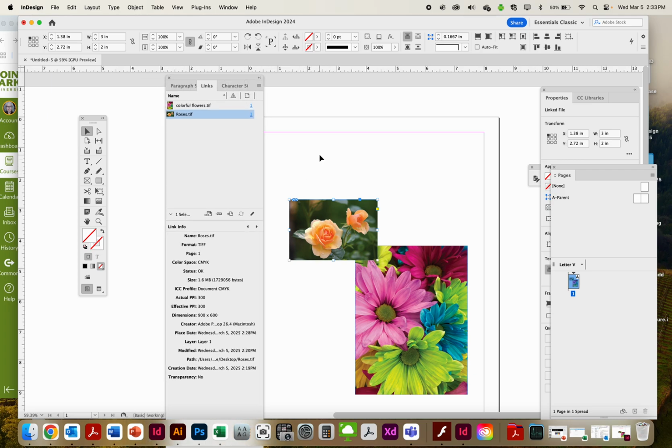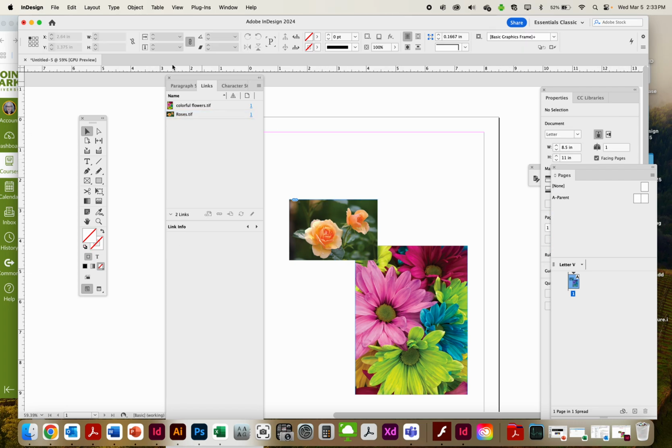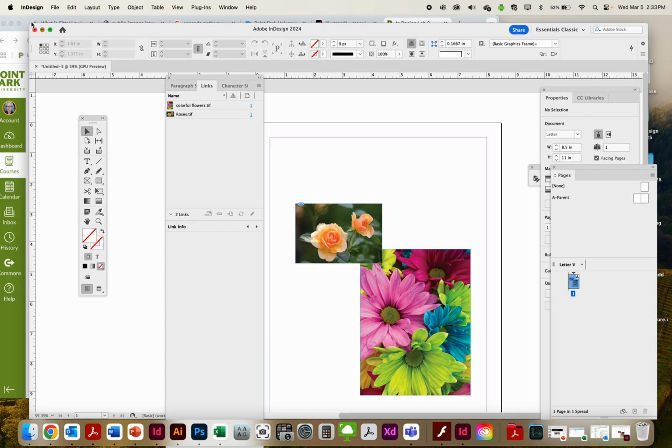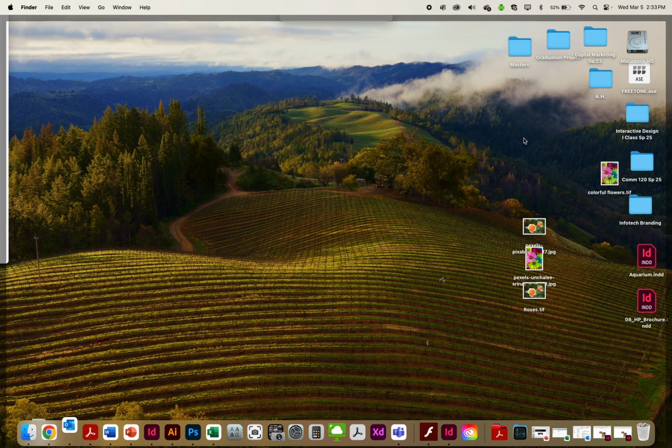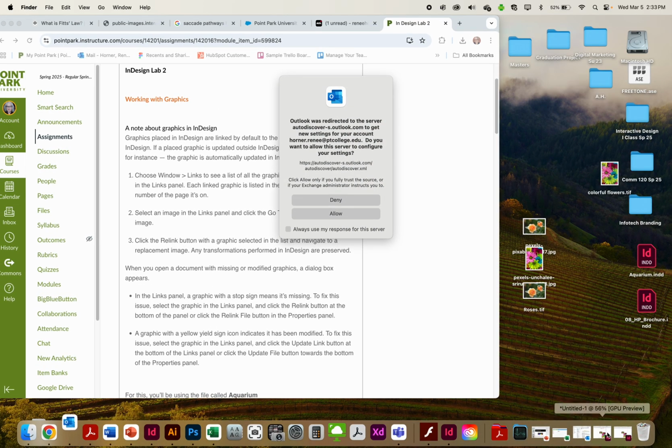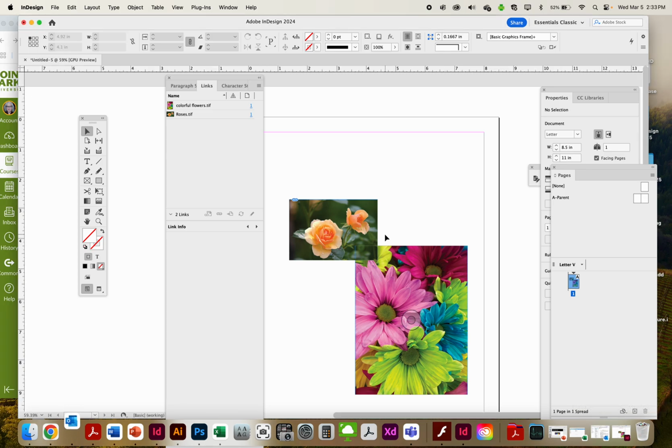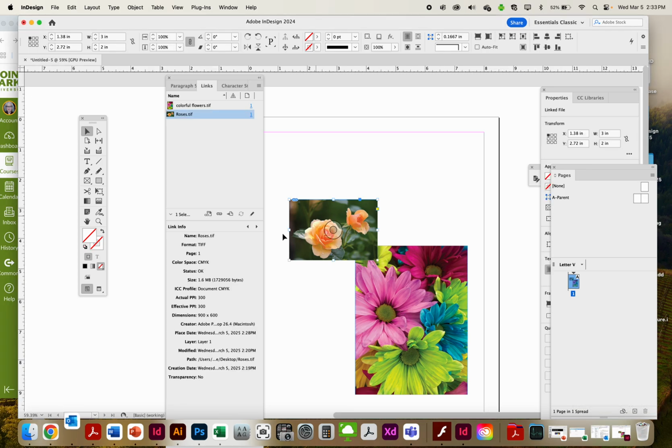So that's in the links panel. Now let's say you've brought these photos in and you've decided to make a project folder after you've started, which is a bad idea. You want to have a project folder first, and you want to have your images first